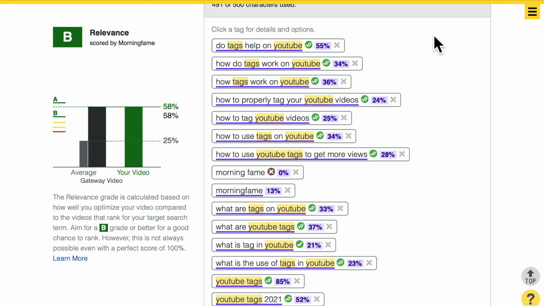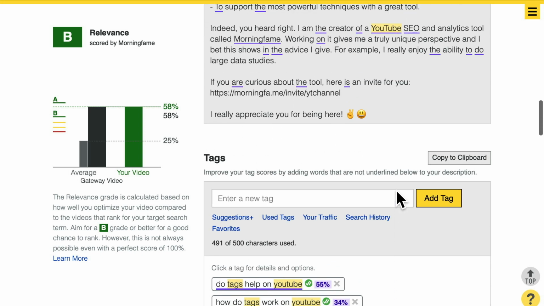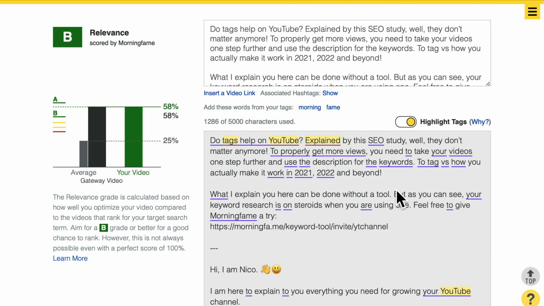And we can make sure now that these search terms that I collected as tags are properly included into the title. And of course, the description has more space to include more words. So mostly we do it in the description. Well, with that, we ensure that the video is highly optimized for other search terms as well. If you want to know how to do that step by step, by the way, check out this tutorial here.